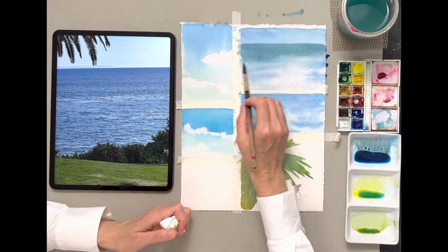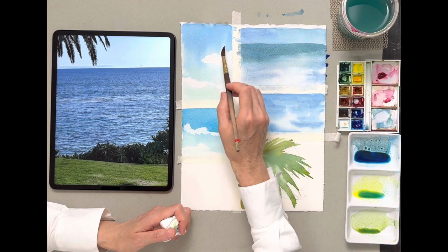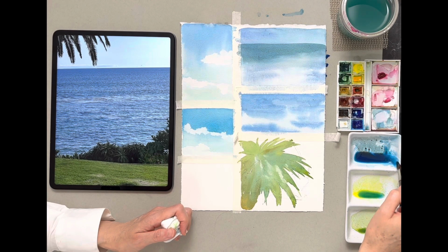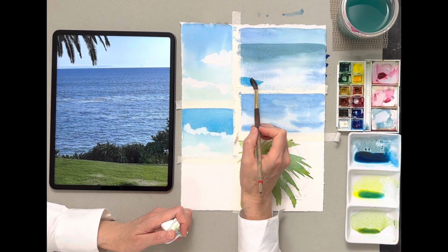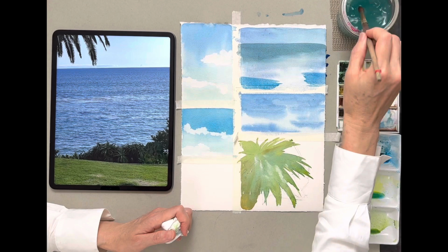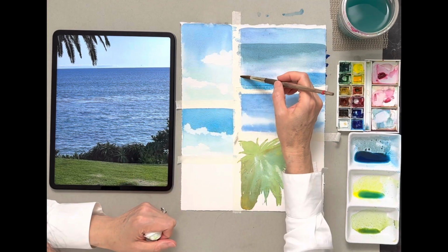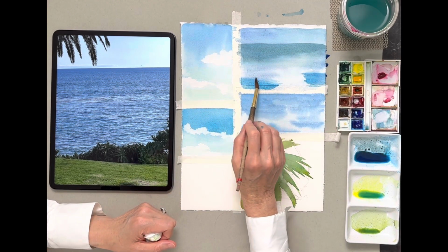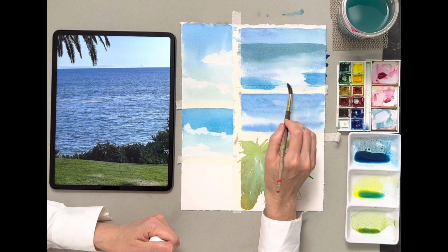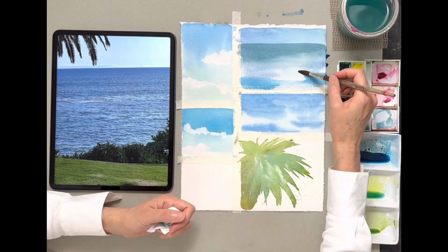So here's the soft edges. And then the light, so it's darker here and then it's lighter here. I am gonna go in and give a little bit darker right here too. You can see a little bit darker right here as well. But do notice that the blue is a little bit different. Same thing, dry your brush and just barely touch the edges here. So you form a better edge. Instead of hard edges, it's going to be soft edges. Dry your brush, just kind of